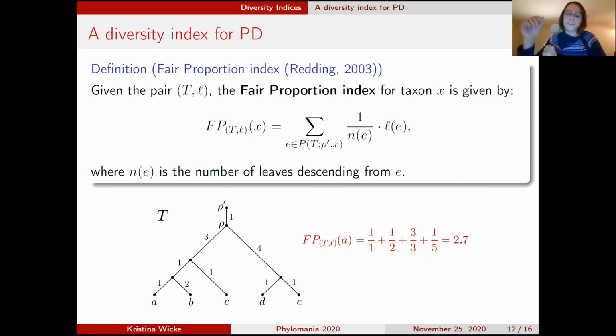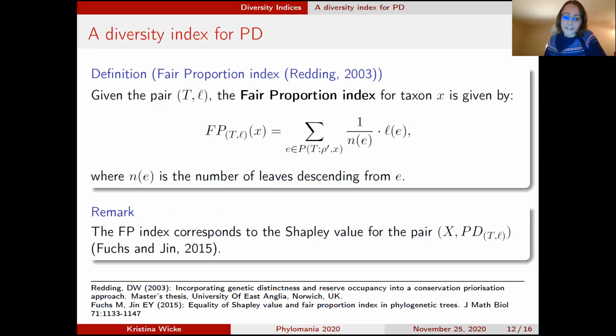So again, the idea is that the information represented by a certain branch in the tree should contribute in equal parts to the diversity index of all species that have descended from that edge. In this case, for species 1A, we'd have 1/1 plus 1/2, and so forth. And again, the fair proportion index corresponds to a Shapley value, and this was shown by Fuchs and Yin in